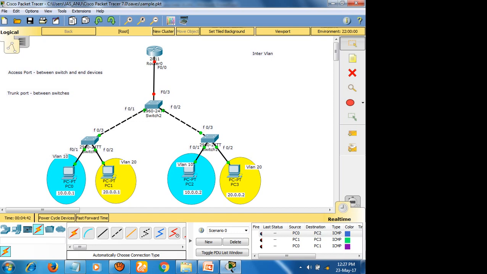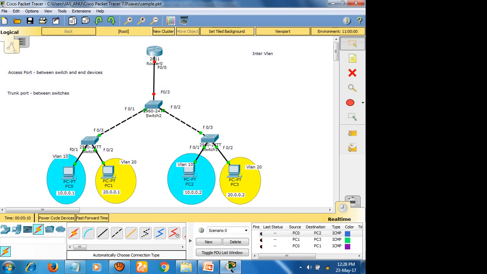The actual reason for virtual LANs is that they can handle the data virtual LAN, voice virtual LAN and management, and likewise there are different ones. So a single line can work with different types of virtual LANs, right? Let me show you how to create sub interfaces for this.